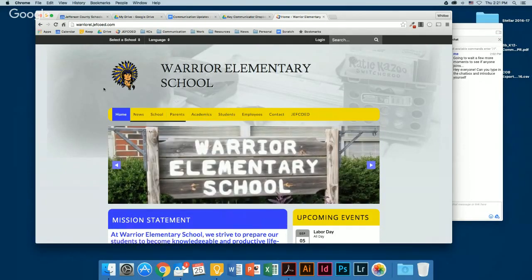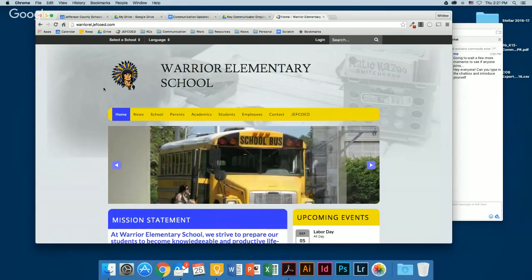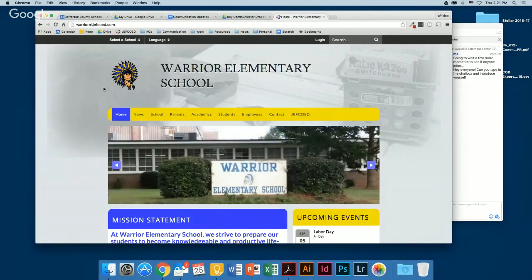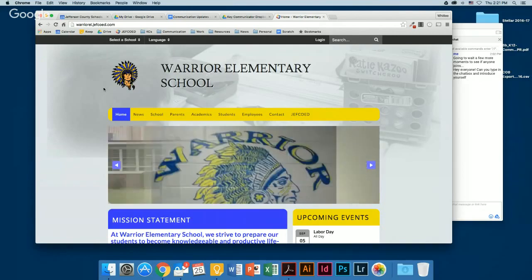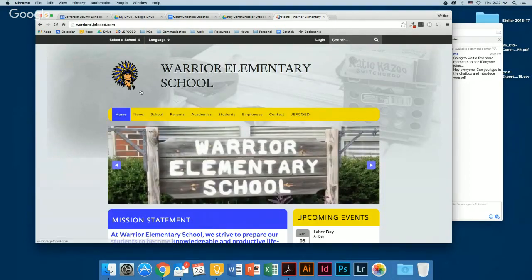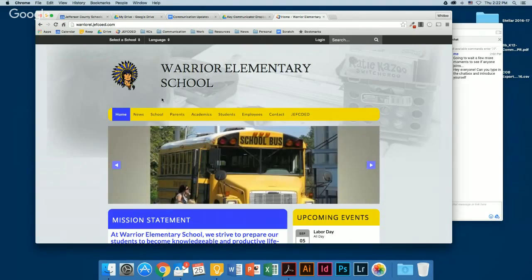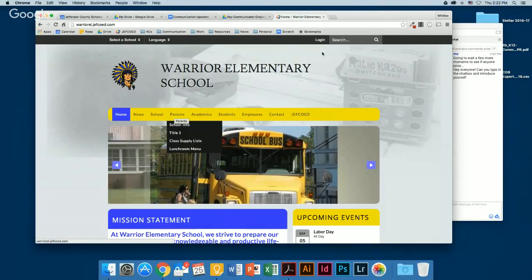And how I was explaining it in the summer trainings was kind of like when you write a research paper and you create an outline. You start with Roman numeral 1, and then you have big A, and then the little a, and then 1, and it kind of trickles down. That's how I visualize the website when we're creating pages and building upon each other.